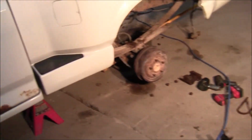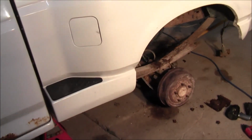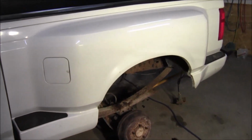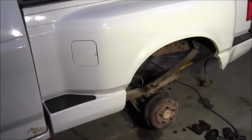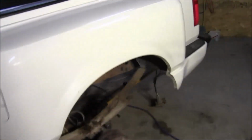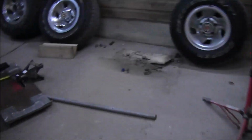So that's where I'm at right now. That spring is still on. The U-bolts are off, so I just gotta get the bolts on either end of the spring off, which sounds easier than the other side proved to be. And then I gotta come in, and the fun part of this will be